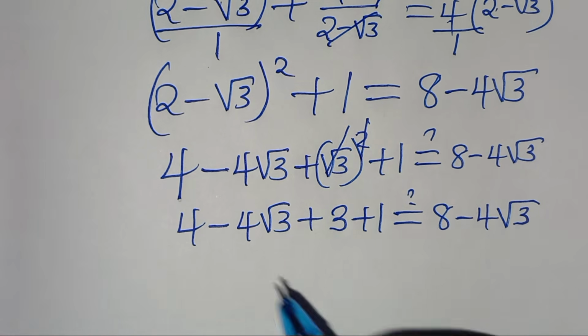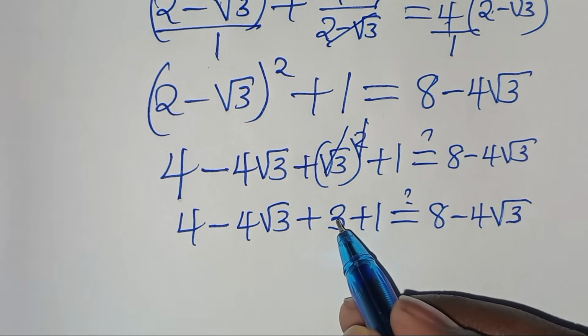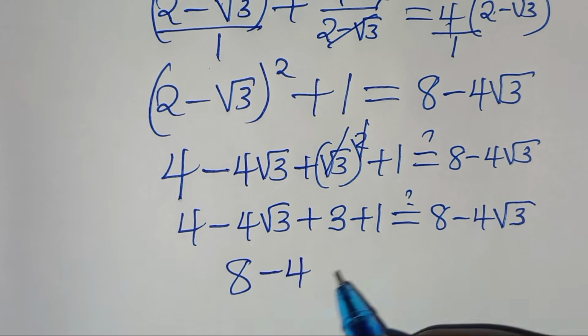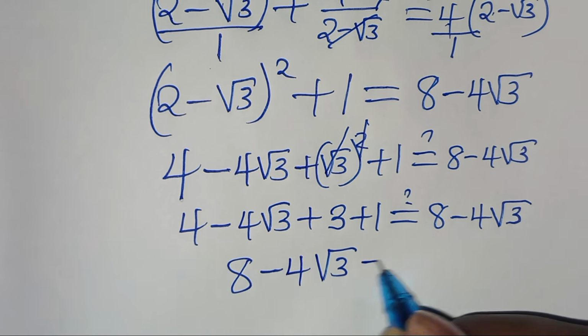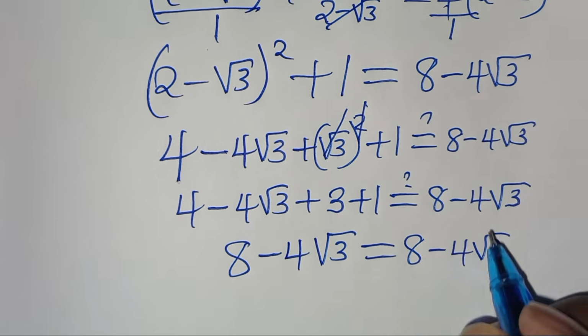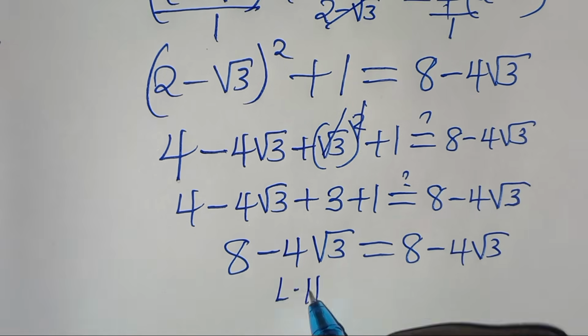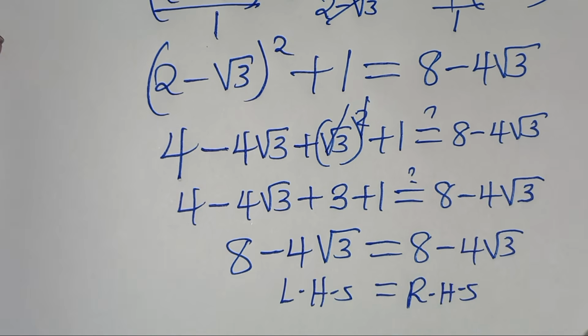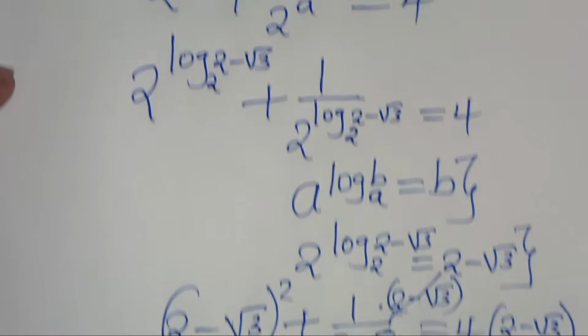Okay, the next step is that we have 4 plus 3. This is 7 plus 1. This is 8. So we have 8 minus 4 square root of 3. And this is equal to 8 minus 4 square root of 3. So it's clear that the left hand side is equal to the right hand side. And this proves that a2, which is equal to